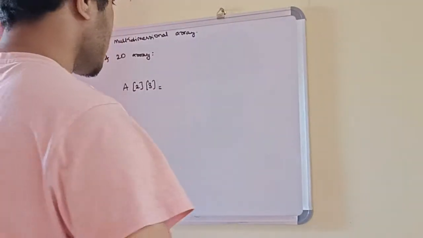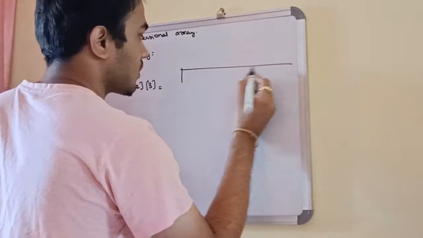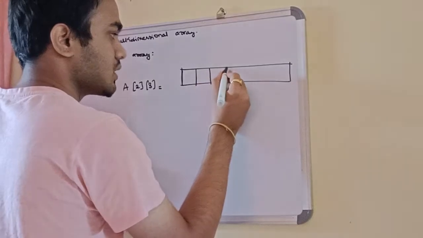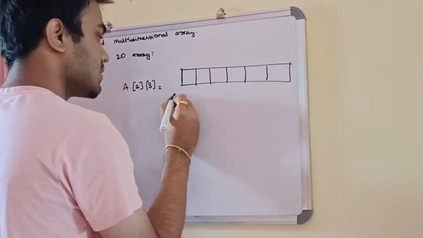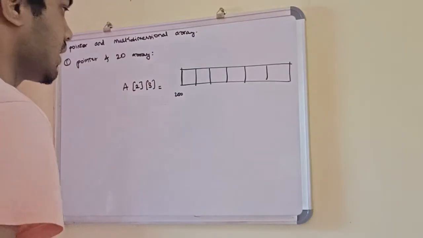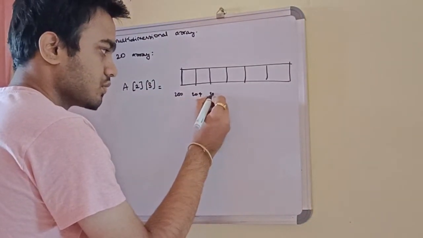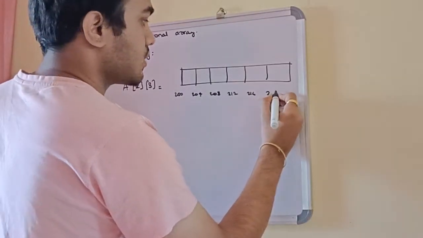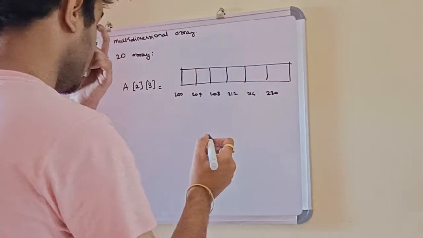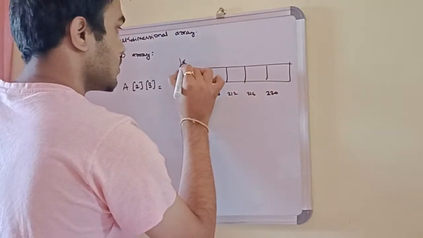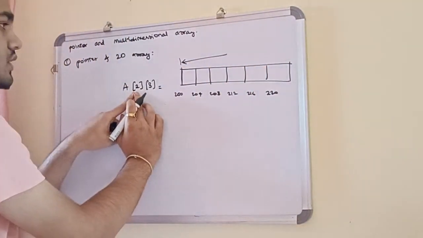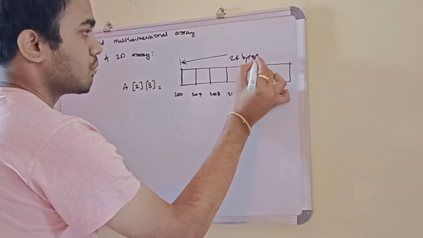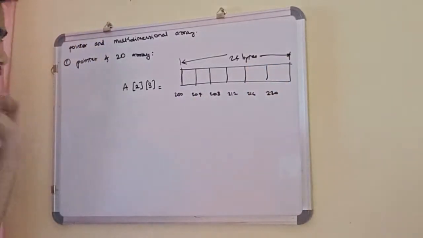So if it is in a continuous manner, in contiguous memory locations, then the first row is like this and the second row is like this. Let's say the first address of a is 200, so it's 204, 208, 212, 216, and again 220. So now the whole size of this is 3 into 2, that is 6, 6 into 4 is 24. So this complete array size is 24 bytes.